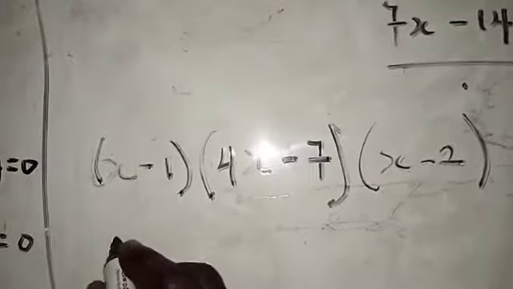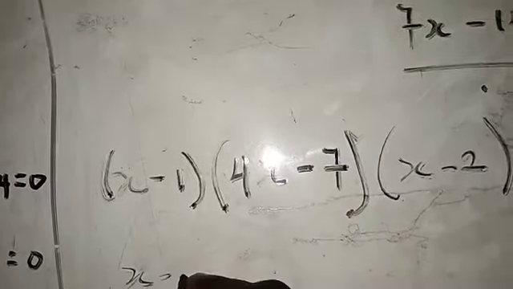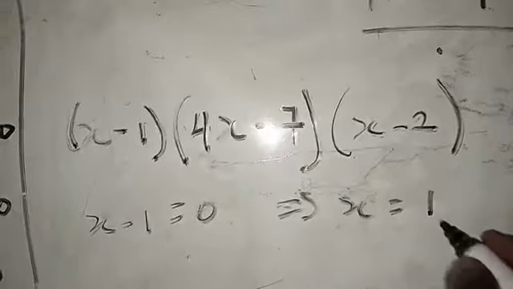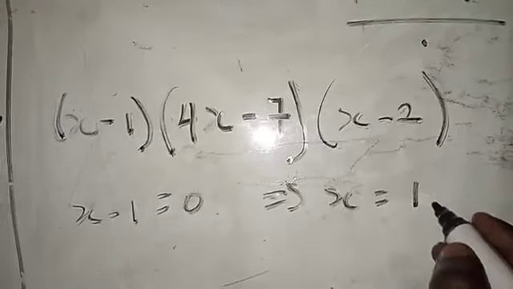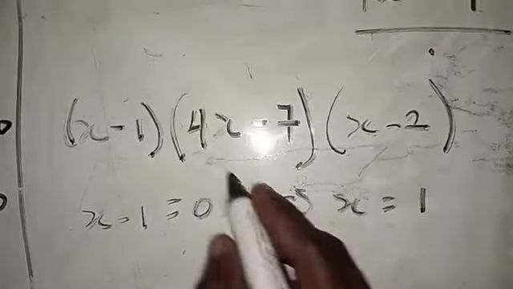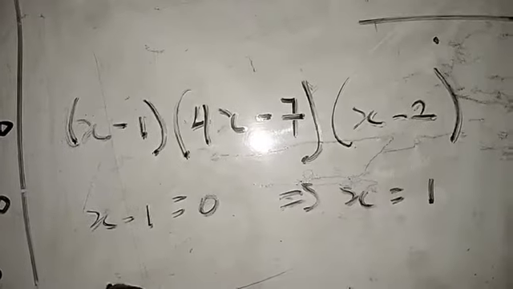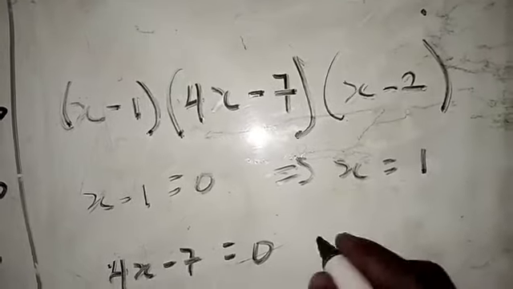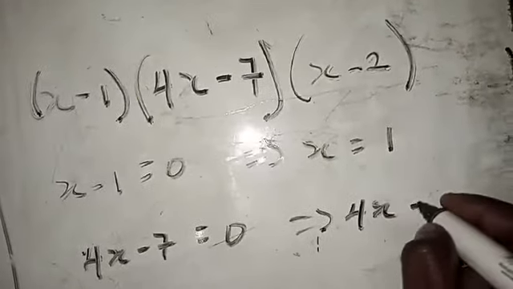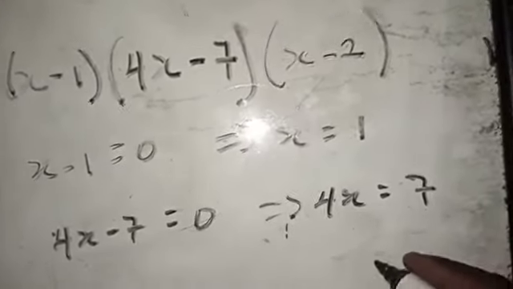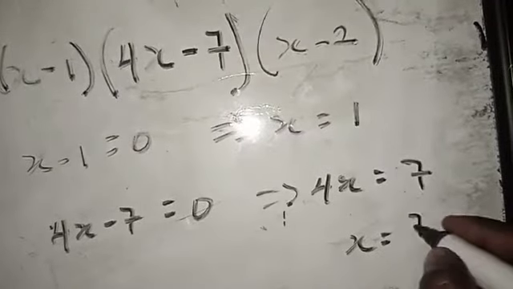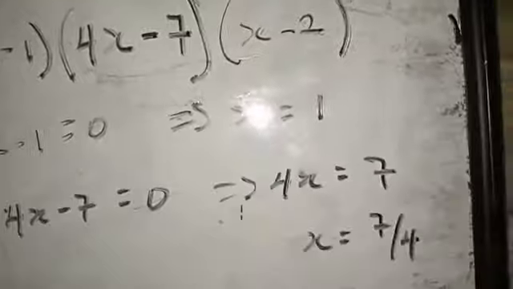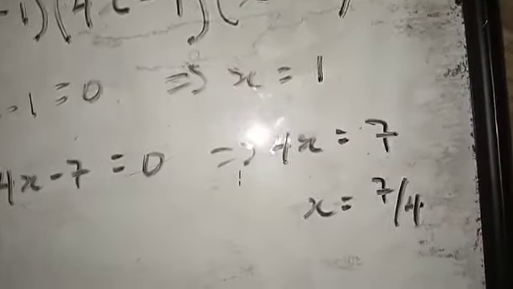So first of all, this one here, that's s minus 1 equal to 0. This implies that s is equal to 1. So 1, 0 here is the 1 here, right? So this is 1, 0. And the second one, you solve this one, that should be 4s minus 7, that is equal to 0. This implies that we have 4s equal to 7. You divide both sides by 4. You have your s to be equal to 7 over 4. So that's another one. So the last one here, you are going to have your s to be equal to